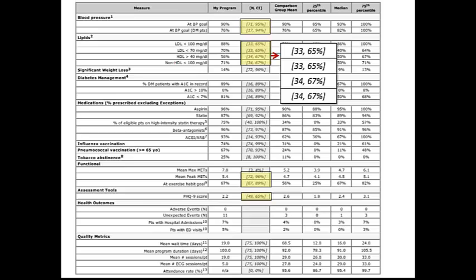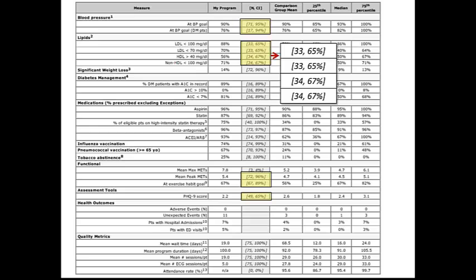What about lipids, though? Here it doesn't look like we're doing all that well. However, and I'm sure many of you are dealing with this also, it's difficult for us to get lipid panels before the patient is discharged. So the fact that about 2/3 of our patients actually have lipids drawn before they're discharged from our program, that's pretty good.